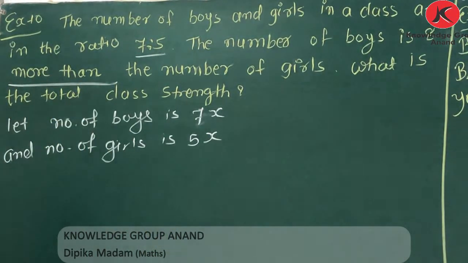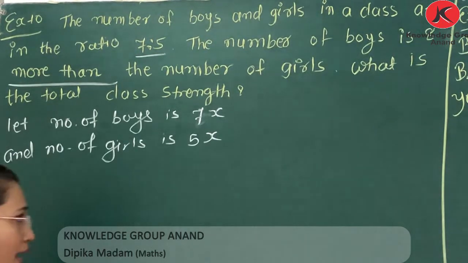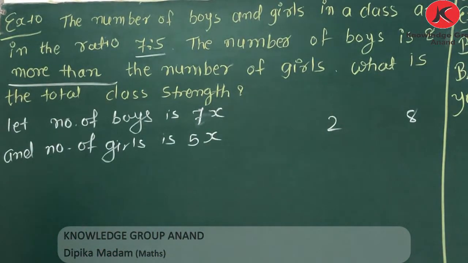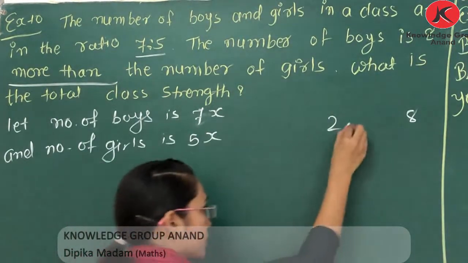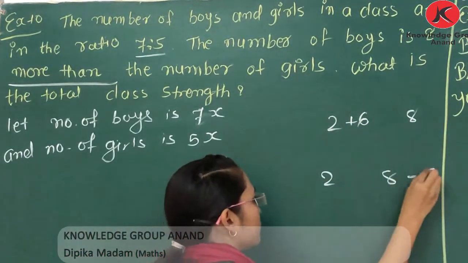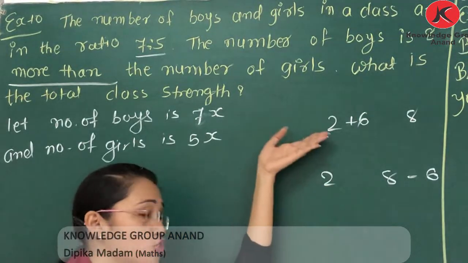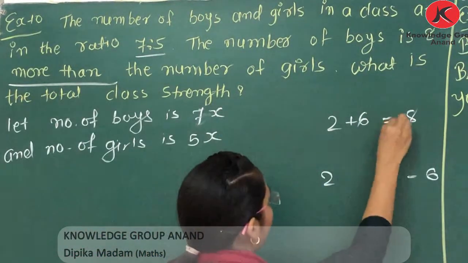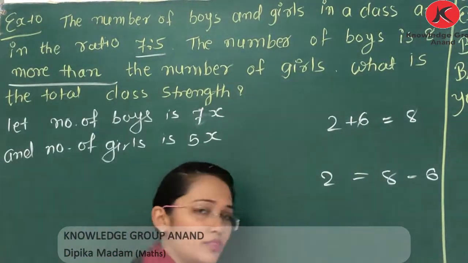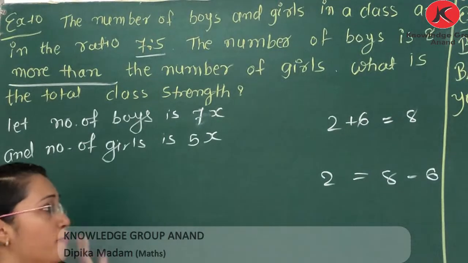For example, you have 2 chocolates and your brother has 10 chocolates. Can we put an equal to sign between the two? No, we cannot. Okay, so to write an equal to sign, what do you have to do? You have to add 8 here, or else subtract 8 from there. If we give you 8 more chocolates, it becomes equal, or if we take 8 chocolates from your brother, it becomes equal. Okay, the same we need to perform here.